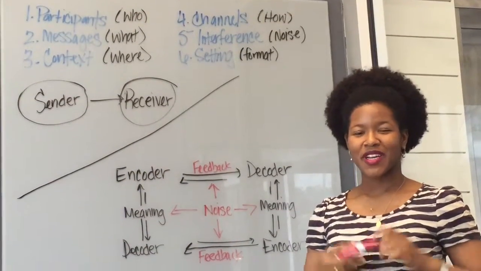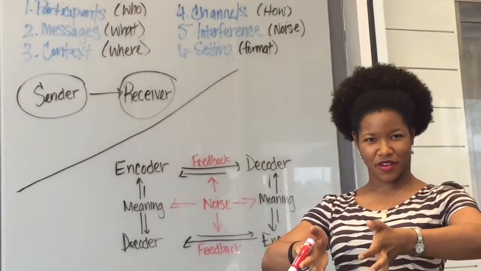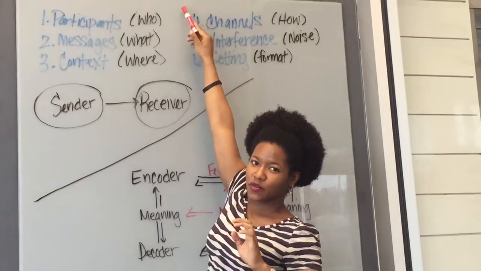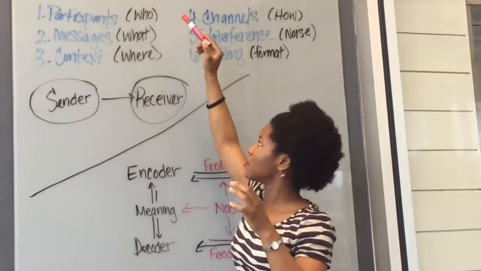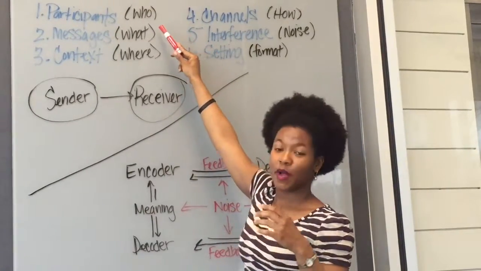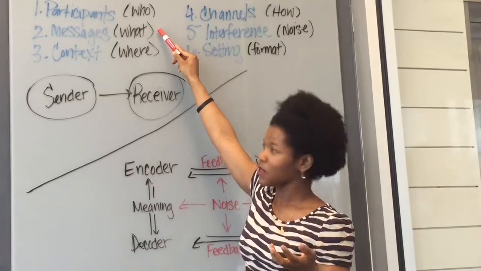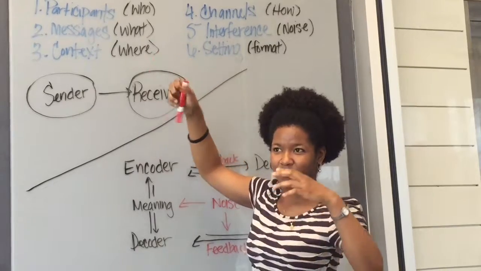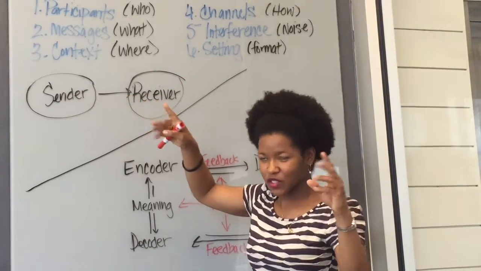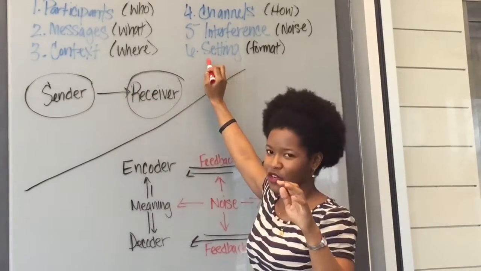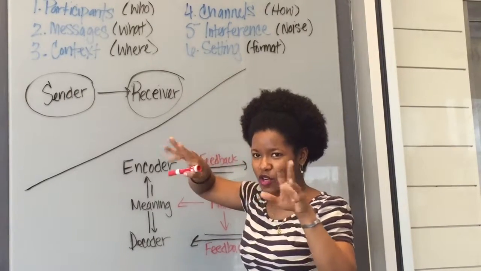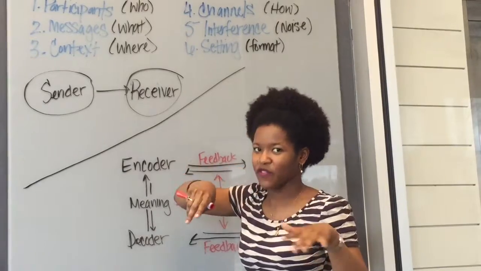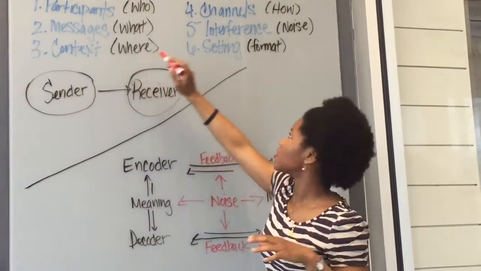Okay, so we're gonna put it all together, so to speak, right now. We talked about participants, which is the who in the dynamic. We talked about messages, which is the what. We talked about context, which is the where and the kind of setting, so to speak. Just what's going on, who are we talking to, where are we physically, that's the context, okay?